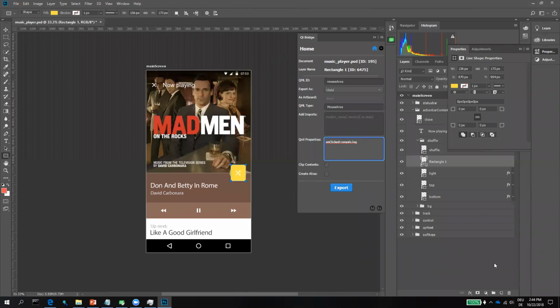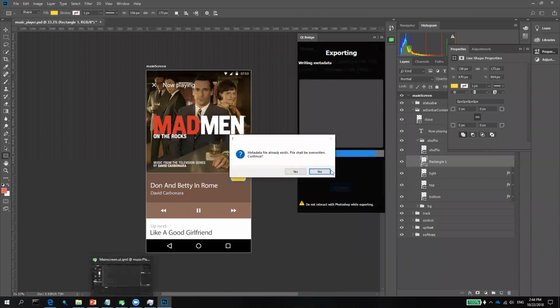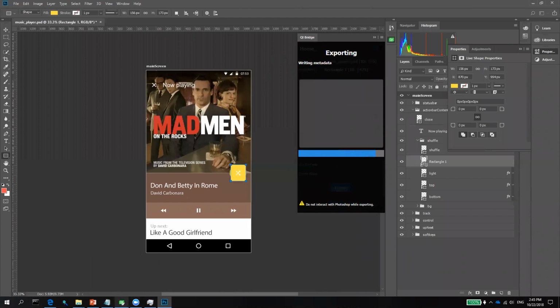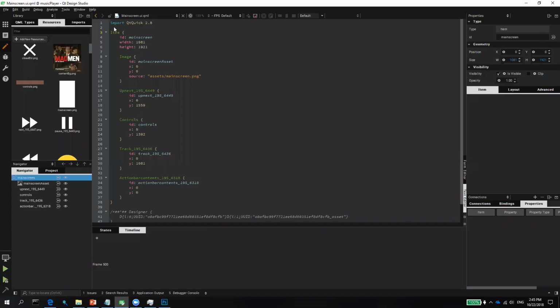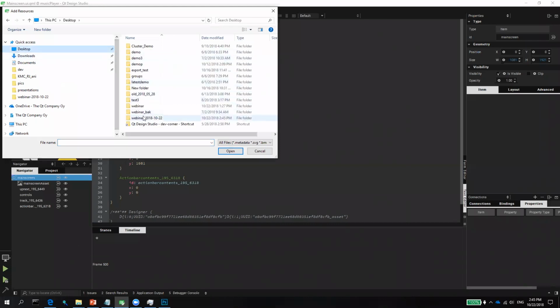So can you just, yes, right there. So on clicked, that's it, and I'll just hit export. Yes, I want to overwrite. Done, go back, and in the resources, add new resources, go back to exported location, and